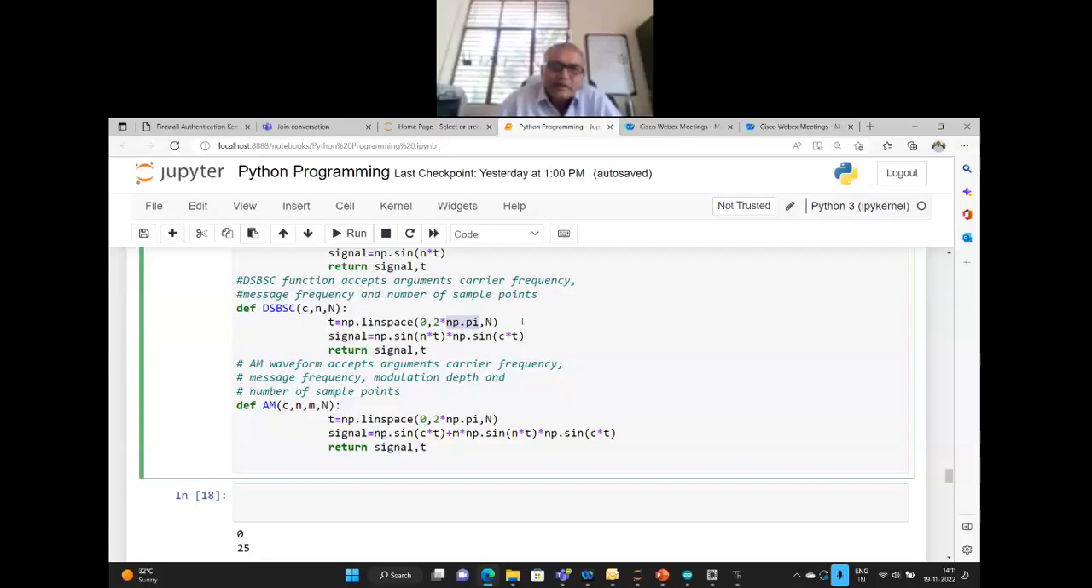Then np.pi will give you the value of pi. It will return the value of pi, 3.14159, and n is the number of sample points we have given. So it will just create the time span, and then here we use the sine function. The sine function is also available in the NumPy module. We have imported numpy as np, so np.sin of m into t